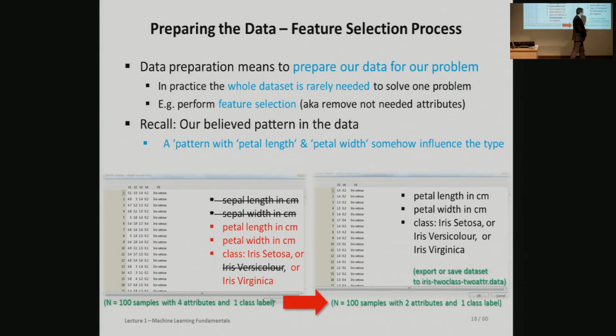Now this is one way of data preparation. The other one is that maybe all the features, all the information about the data itself, is not needed every time. So it depends on your application domain problem, right? In this example, it's enough for us when we have these 2 classes only. So this one we removed, you remember in the last step. But maybe also some of the features, you remember we had 4, the sepal and petal, meaning the length. Maybe just the petal information is enough, right?